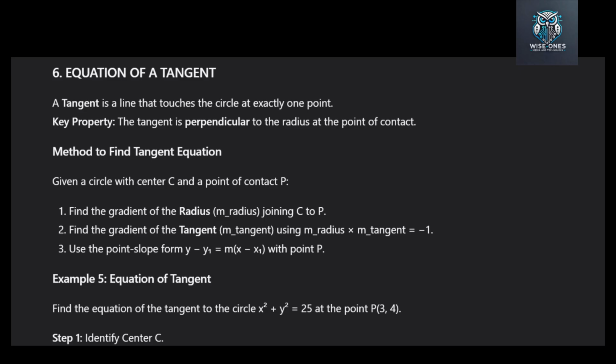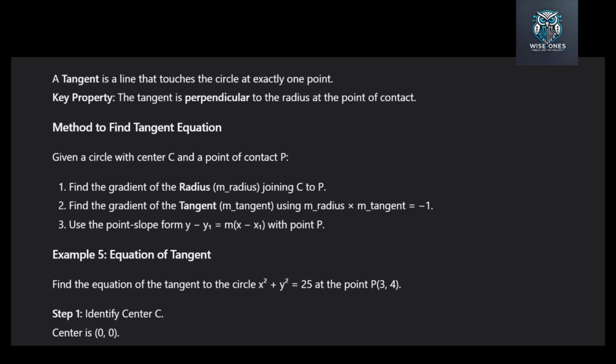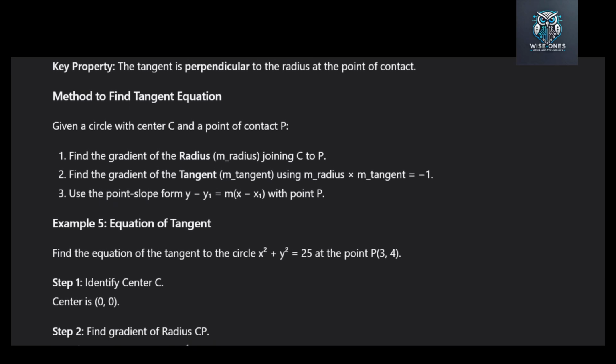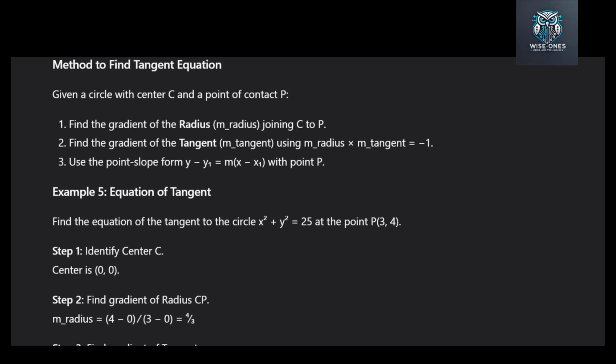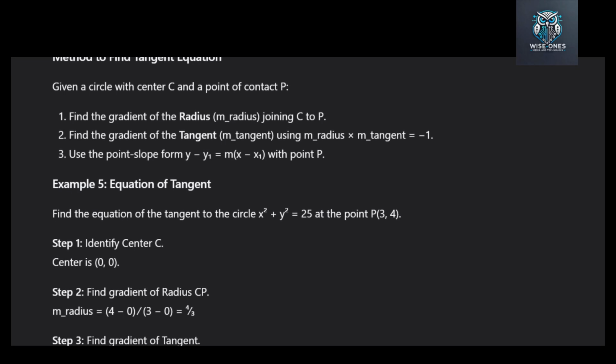Here is the method to find the tangent equation. Given a circle with center C and a point of contact P. Step 1. Find the gradient of the radius. This is the line joining C to P. Step 2. Find the gradient of the tangent. Since they are perpendicular, the gradient of the tangent is the negative reciprocal of the radius gradient. That means m tangent equals negative 1 divided by m radius. Step 3. Use the point slope form y minus y1 equals m times (x minus x1)